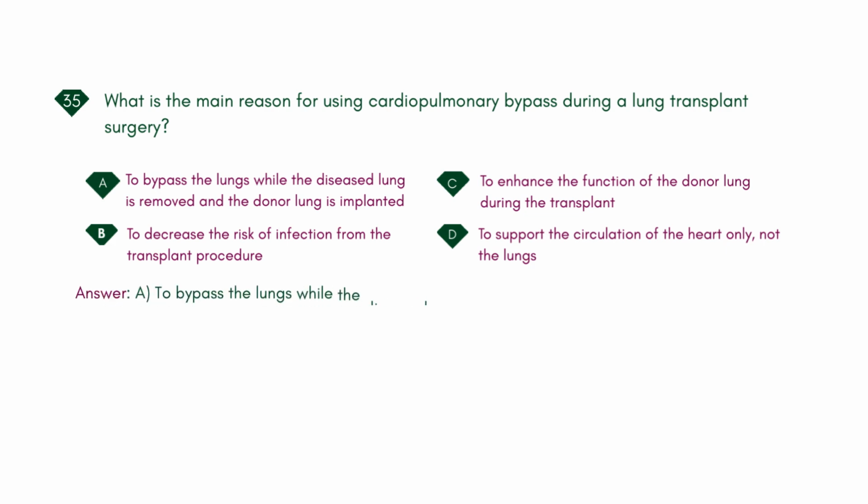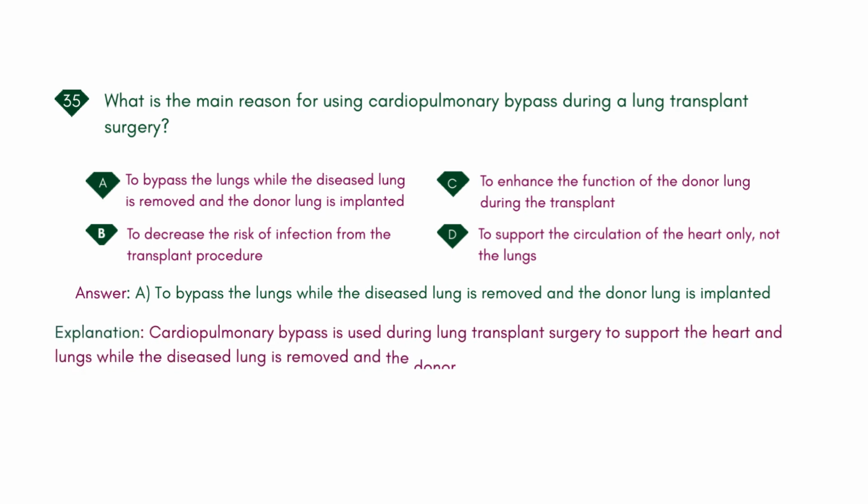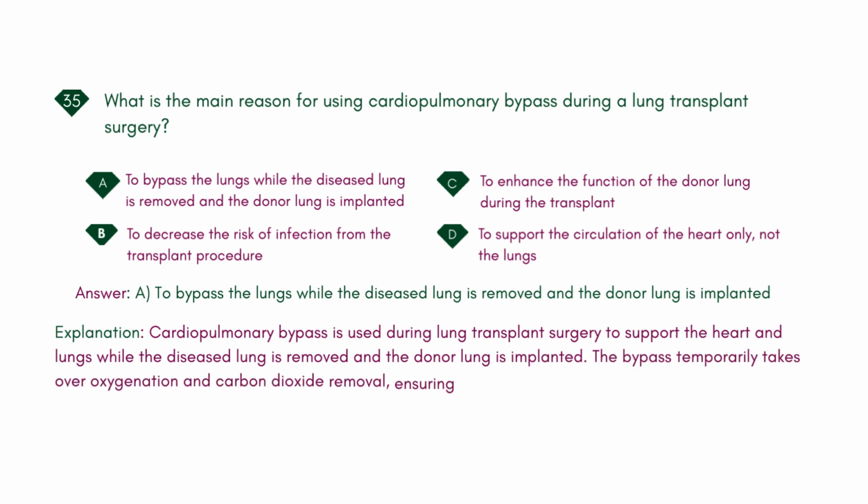Answer: A. To bypass the lungs while the diseased lung is removed and the donor lung is implanted. Explanation: cardiopulmonary bypass is used during lung transplant surgery to support the heart and lungs while the diseased lung is removed and the donor lung is implanted. The bypass temporarily takes over oxygenation and carbon dioxide removal, ensuring that the patient remains stable during this critical portion